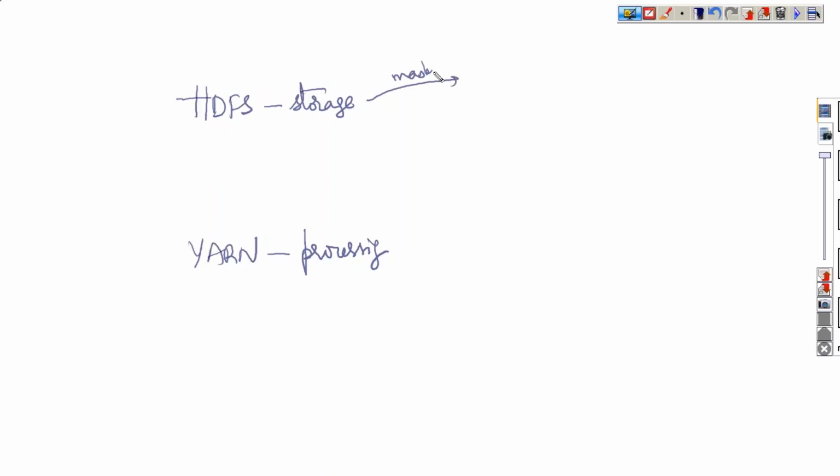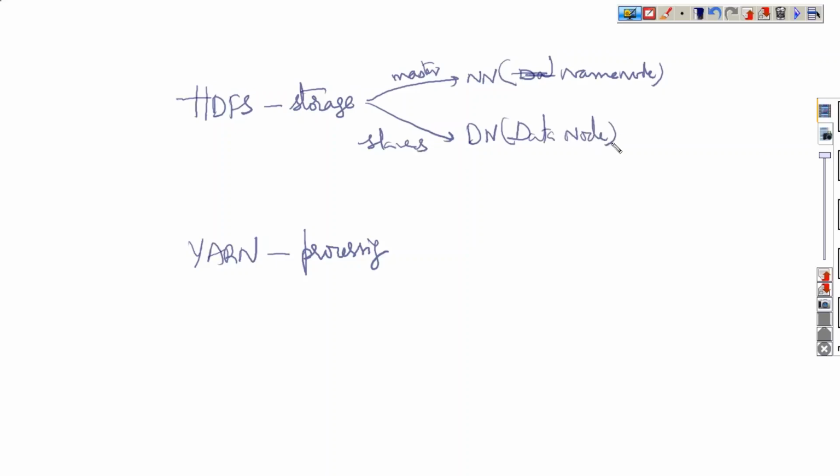Master name node. And what is the slave process called as? HDFS data node. Let me write full names here. Sorry, name node, and this would be data node. Data node. Let me call them slaves.